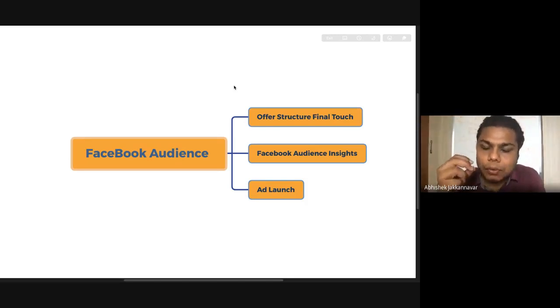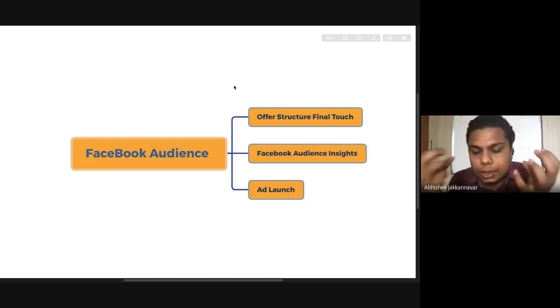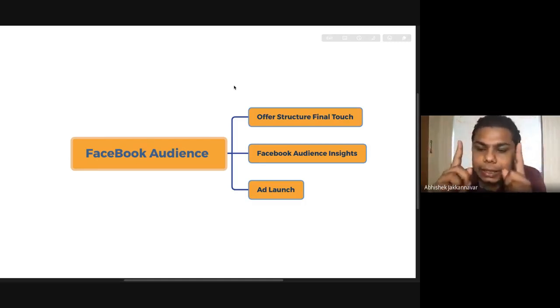Followed by that, we'll see how, even before starting your campaign, there is a tool which can give you a lot of insights about the audience. It is basically a validation tool which you can use to validate your assumptions. So you think that man, woman, whomever you are targeting, is it the right target whom you are reaching out to, or can there be some fine tuning which can save you a lot of money even before starting the ad? This gives a lot of clarity, and that is the tool which we'll be working upon.